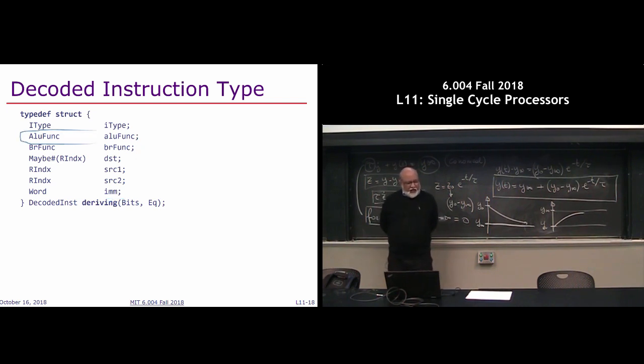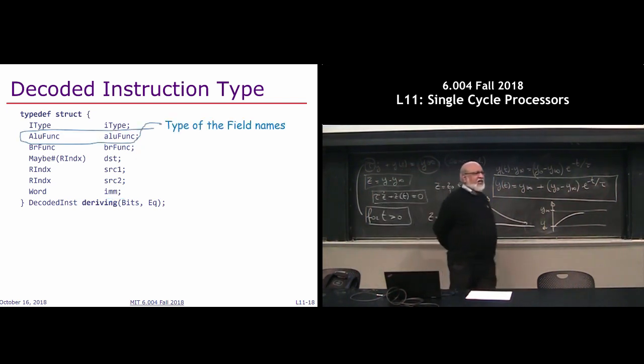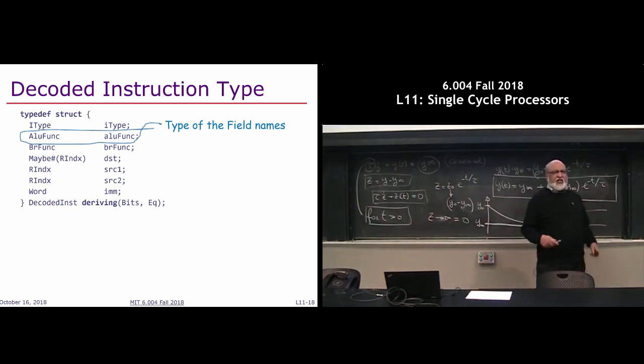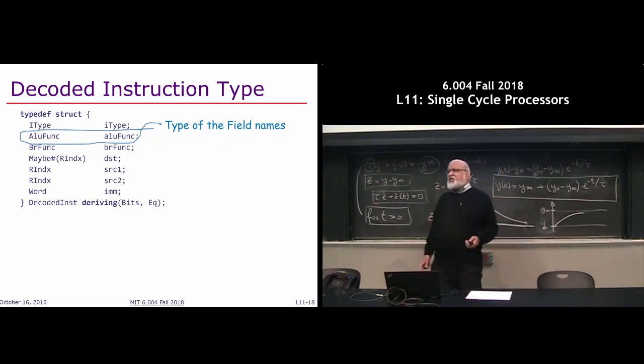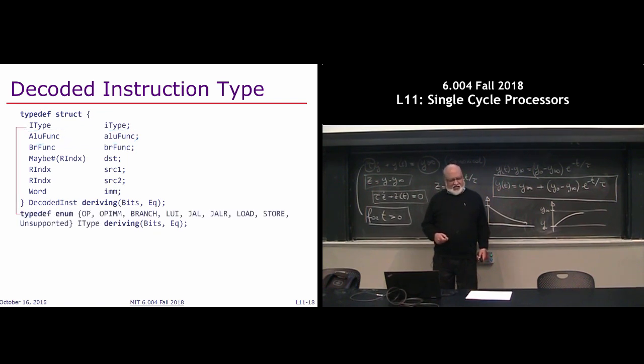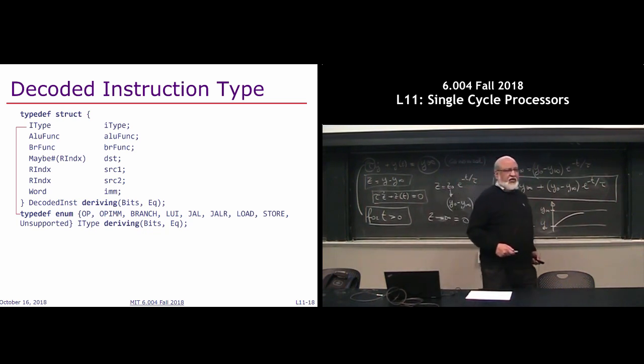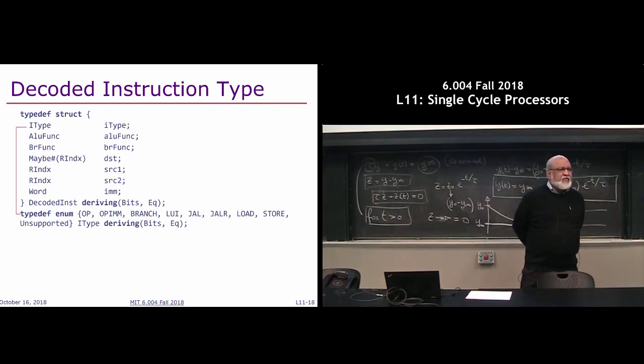And if you look at it the other way, if I look at any particular field, I have to specify the type. So when I write ALU function, what is the type of it? What you see on the left-hand side is the type corresponding to everything. So for example, iType is op, imm, branch, LUI, JAL, etc., right? And, okay. What is the deriving